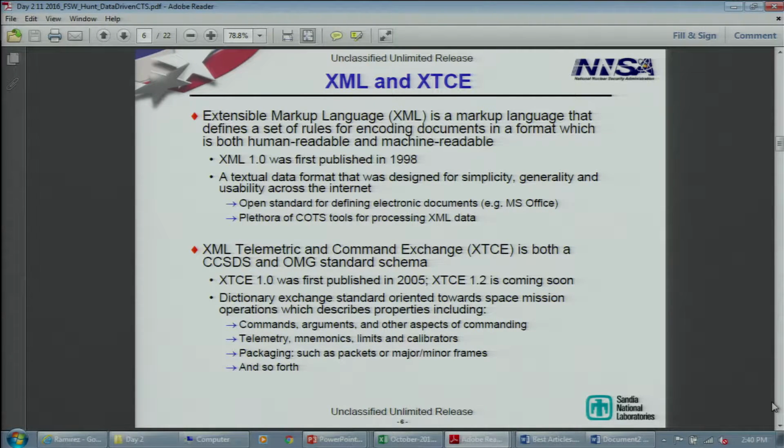Very easy way to share information between different computer systems across the internet. Files are ASCII readable and machine readable. Lots of tools out there to parse and use XML data. The XML Telemetric and Command Exchange XTCE schema